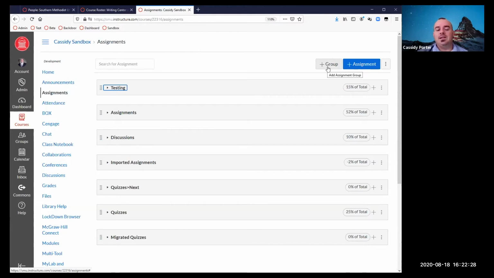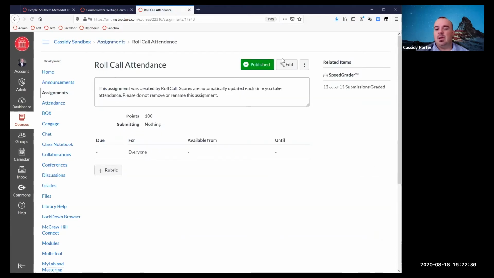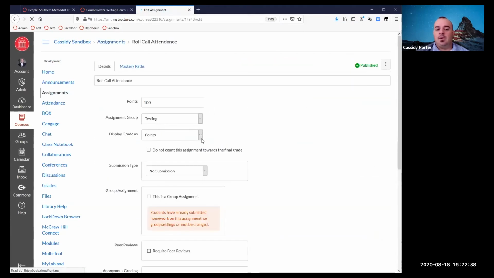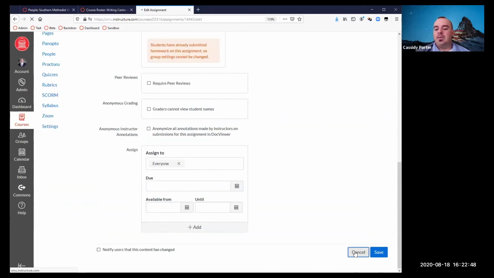When you create the attendance assignment, it automatically throws it into assignments, and you can put it wherever you want. Inside the assignment itself, there's a drop down that says assignment groups, and I can choose what assignment group to put it in. I'm going to leave it in testing for now. And once I've got all my assignments in my groups,